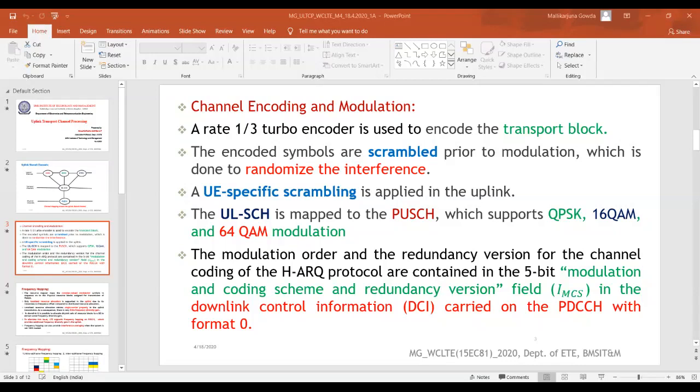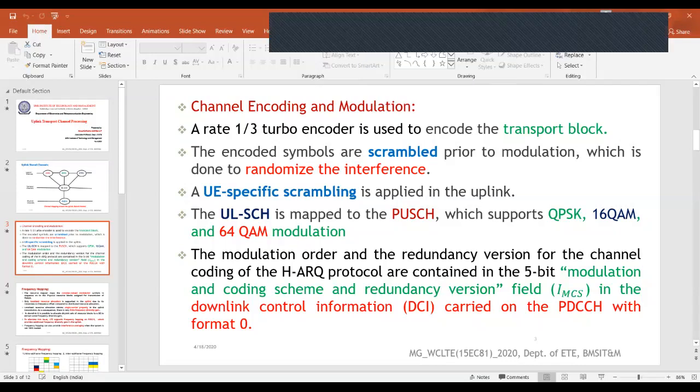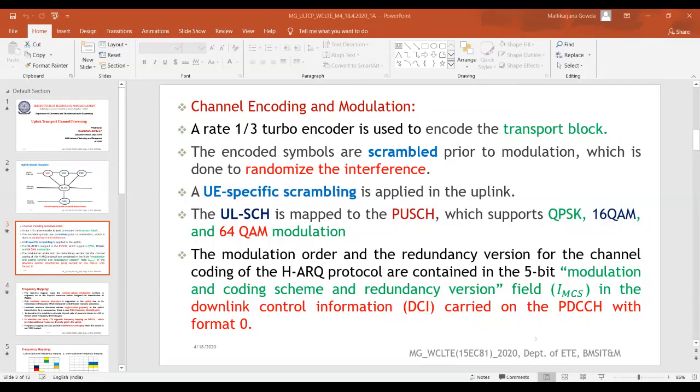Here, in case of uplink, for this uplink shared channel, the type of scrambling used is user equipment specific scrambling, which I already discussed when I was discussing the downlink shared channels. That user equipment specific scrambling will have the pattern that, say, for antenna port 0, all 16 bits will be 0, and for antenna port 1 the scrambling sequence will be 15 bits 0 and the last bit 1. So that is what it is.